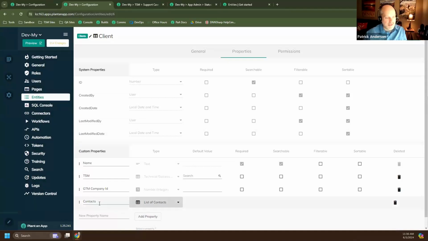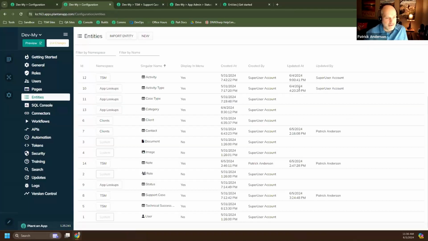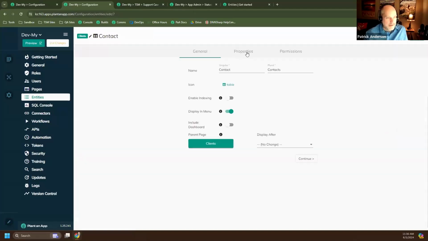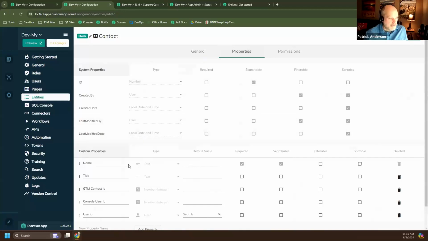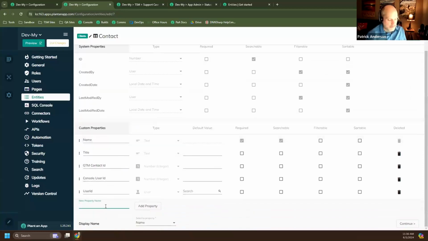because what we really want to do is take these children contacts and associate them back to the client. But in order for us to have that UI on the client page that says list of contacts, we have to do a little bit of work. So I'm going to show that example to you. So I'm going to go back here and go to the contacts and edit contact, go to properties, and here I'm going to add,